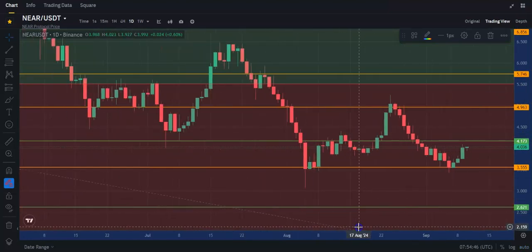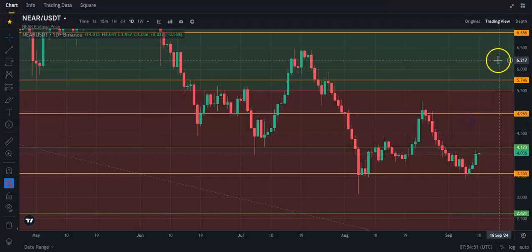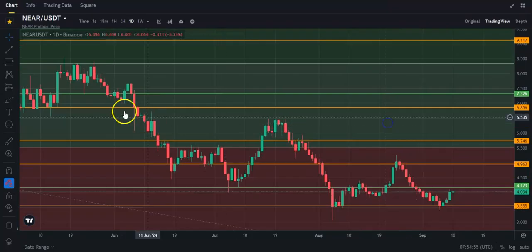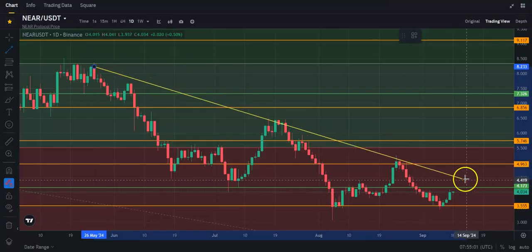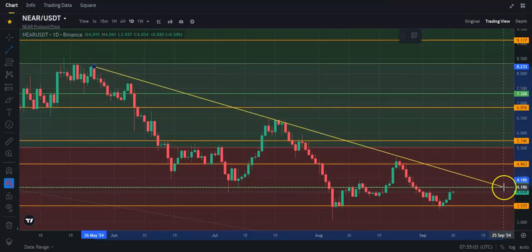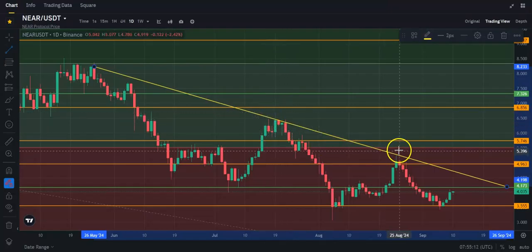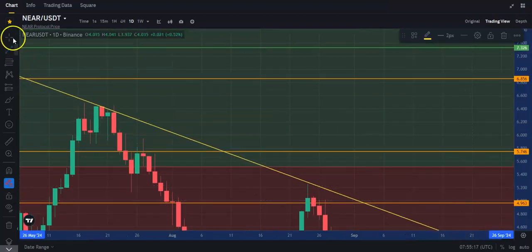We are overall on a downtrend too. So if I were to basically draw a trend line, kind of a local trend line, local resistance, we can say that, let's just take that from here. Let's move this down like this. So yeah, guys, basically I'm going to say that we did get a rejection here in July. We got a rejection in August. So I think before we get up to,